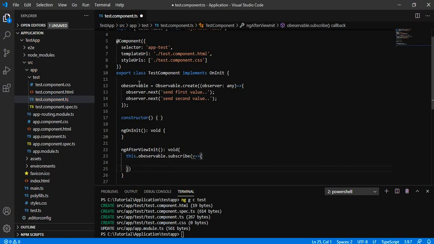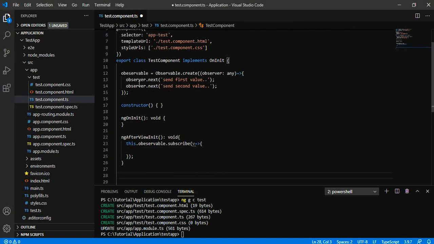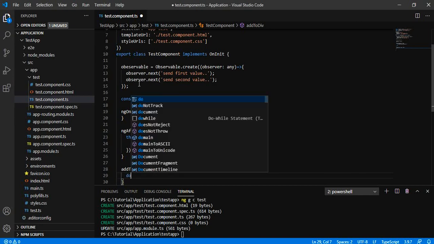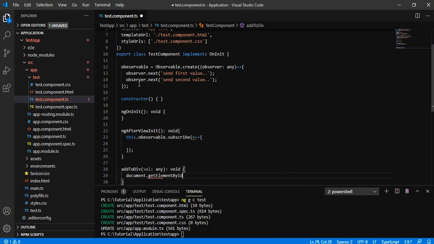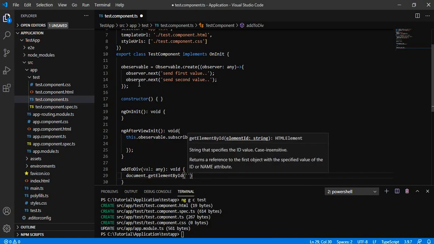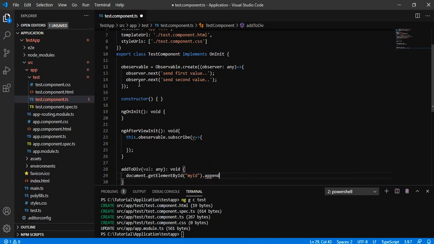So let me subscribe, and we will add the subscribed value to our HTML page. There we will have some selector, and we will select that element and append the value that is being sent from the observable. Let us say we have an ID, myId, and I will try to append the content of the observable.